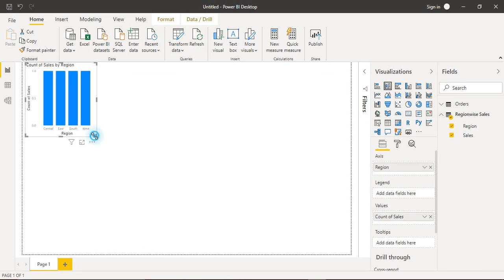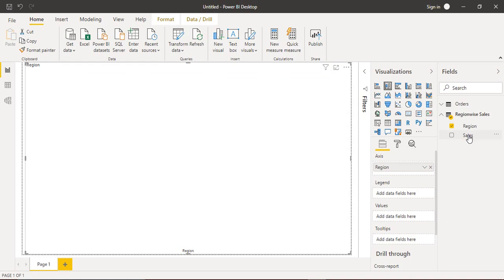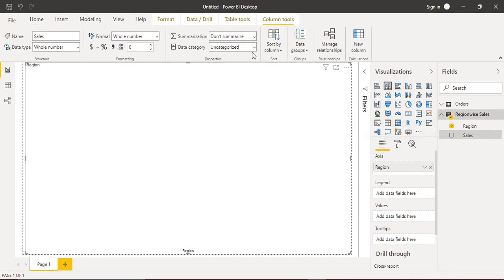So you would be able to get this, but I'm not very sure why it is not getting the correct thing. That is because I think we're getting the count of sales. Yes, so what we can do is click over it in the sales and categorize it as the sum.